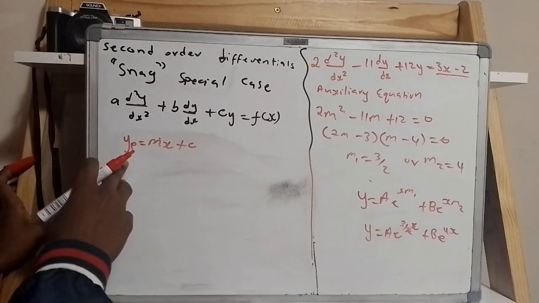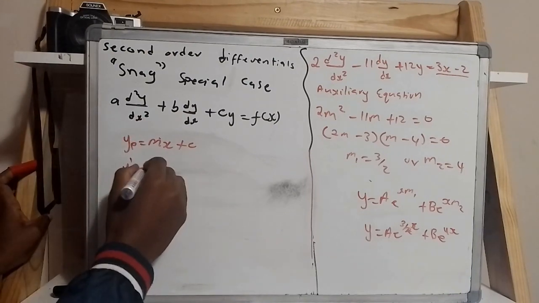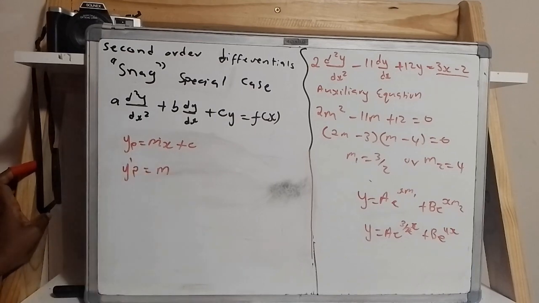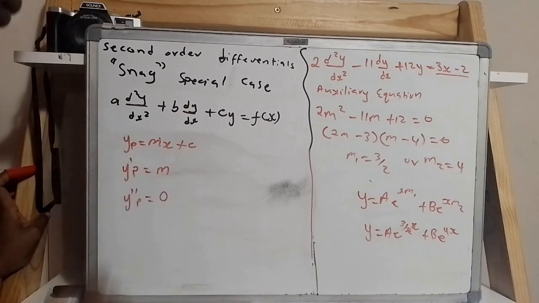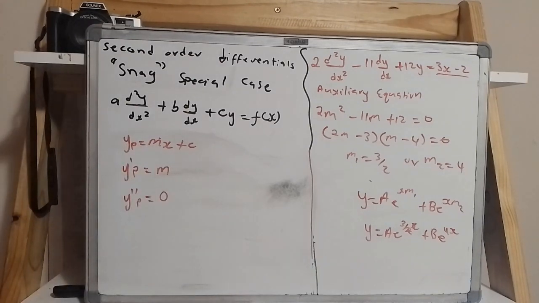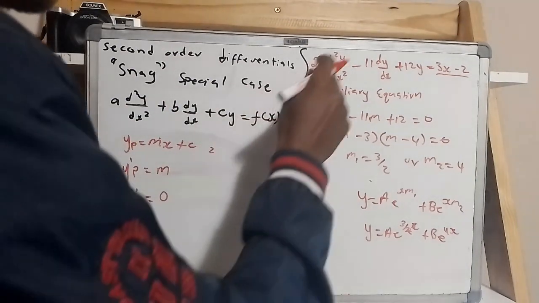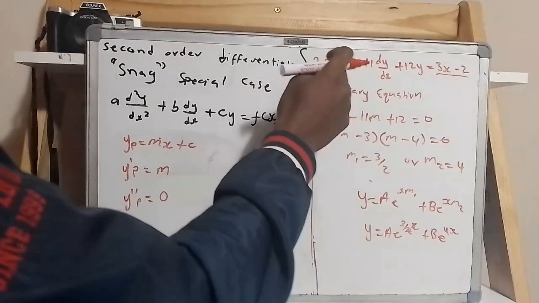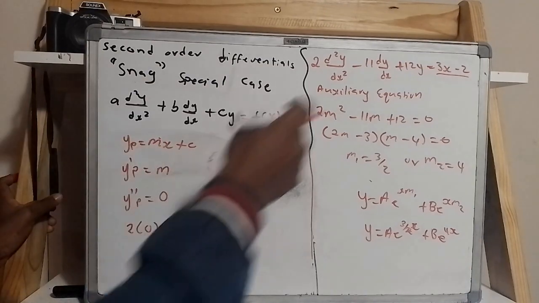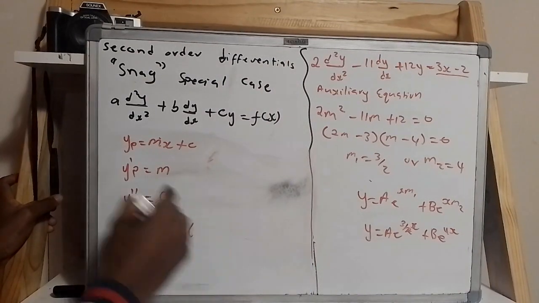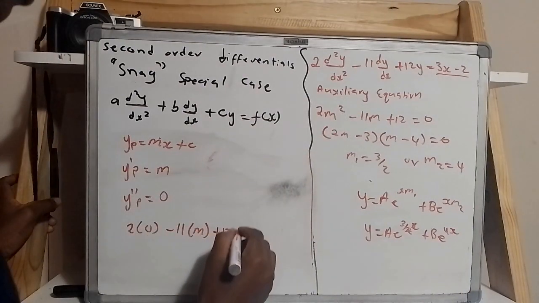I'm just going to differentiate yp for the first time. This will give me m. Differentiated for the second time, it will give me 0. Then after doing that, I can substitute everything back into my second order equation. Here I have 2 into 0, because this is the second derivative, and then minus 11 into m, and then plus 12 into